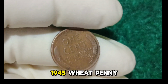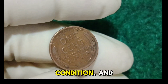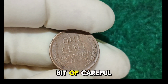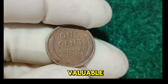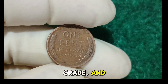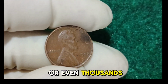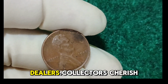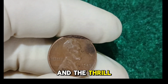If you discover a 1945 wheat penny, the first step is to examine its mint mark, condition, and any potential errors. A simple magnifying glass and a bit of careful observation can reveal details that turn a penny into a valuable collectible. Its market value depends on a mix of rarity, grade, and collector interest. High-grade and error coins have sold for hundreds or even thousands of dollars, especially through well-known auction houses and trusted dealers. Collectors cherish this coin for its place in history, its design, and the thrill of finding something